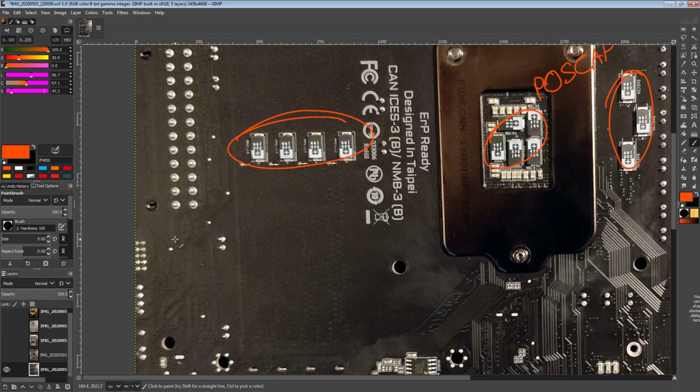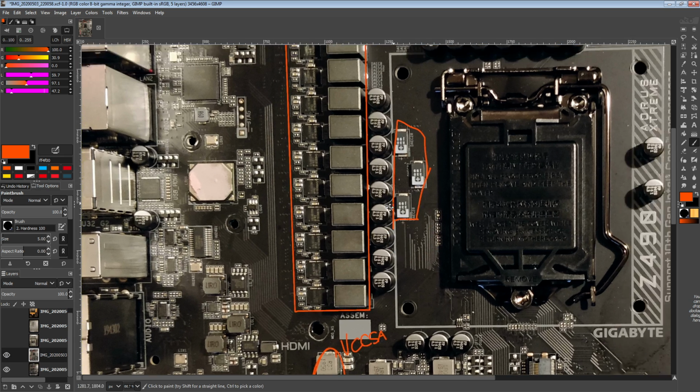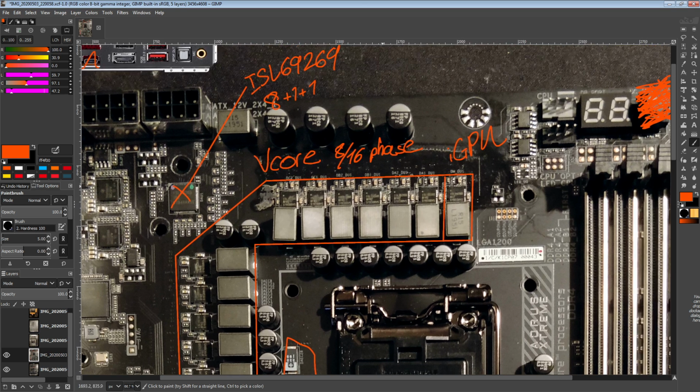But it's not like they hurt anything. And it is cool that they've done that. It's just, yeah, I will be very surprised if that leads to better memory overclocking, but we'll see. That is definitely something I plan to test, unlike the VRM thermals, because now that we've talked all about the capacitors, we can get back to the actual